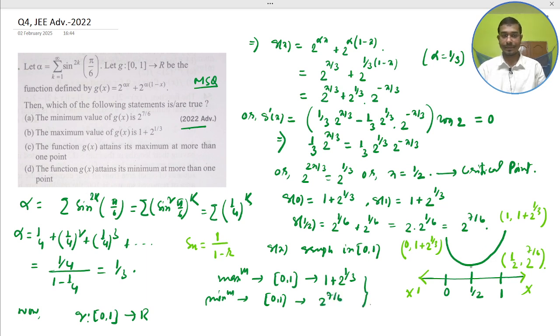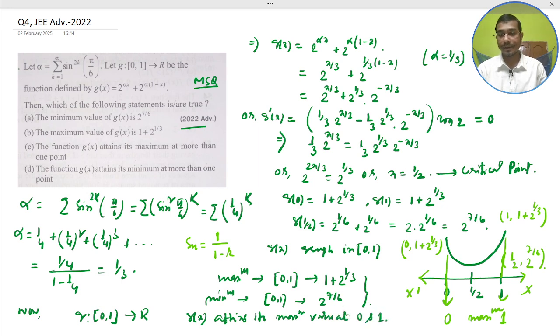By this graph, gx attains its maximum value. Gx attains its maximum value at what? This is 0 and the 1. This is the maximum value. So I just write the gx attains its maximum value